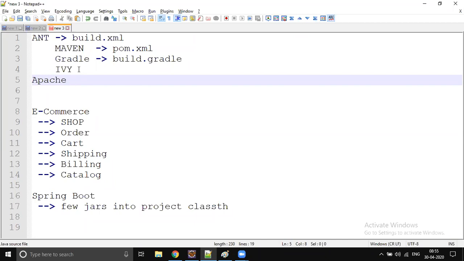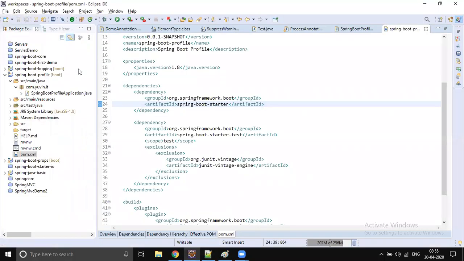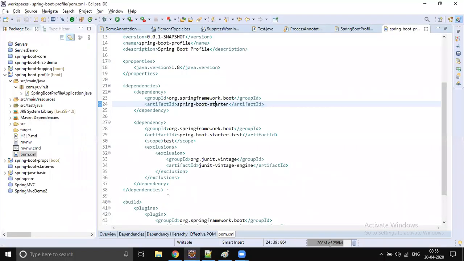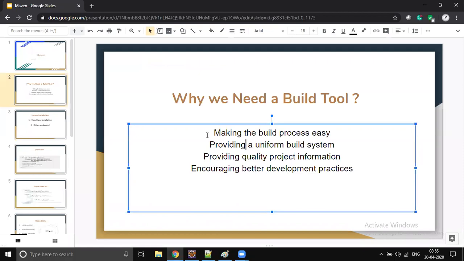So there is no difference between using Maven and Gradle. It is just how you feel comfortable. Okay. Yeah. Thank you, Sunil, for clarifying. So let's jump into the concept. We're going to use Maven. So what is the benefit you're going to get if you use Maven? There are so many benefits.